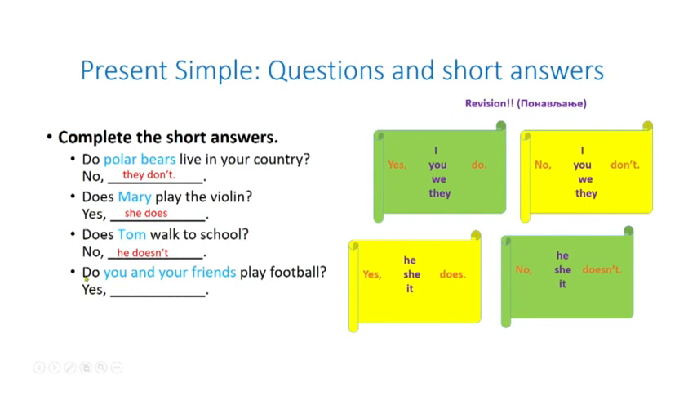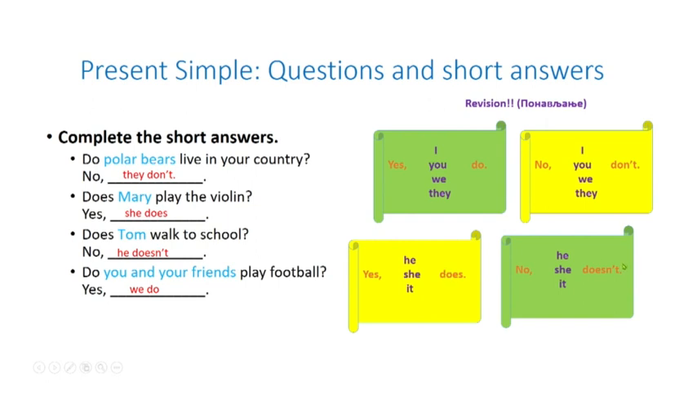And try again. Do you and your friends play football? Da li ti i tvoji prijatelji igrate futbol? And the answer is yes. That's right. Yes, we do. Da, mi igramo. Okay? So be careful that we use do and don't for all others except he, she, and it, where we use